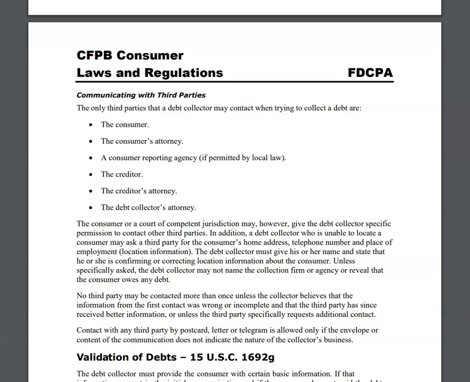Contact with a third party by postcard, letter, or telegram is allowed only if the envelope content of the communication does not indicate the nature of the collector's business. So this is another gray area. On the top left of the return address, if it has a collection agency name. Now, you may be saying, well, it doesn't say a collection agency. It just says like LVNB funding or well, if they say portfolio recovery, that's going to really throw off a